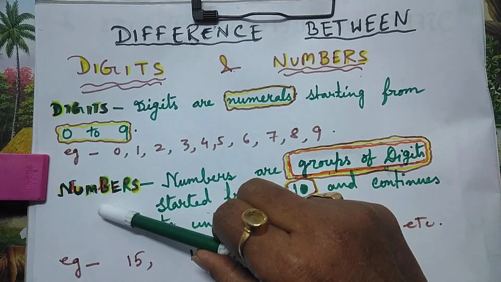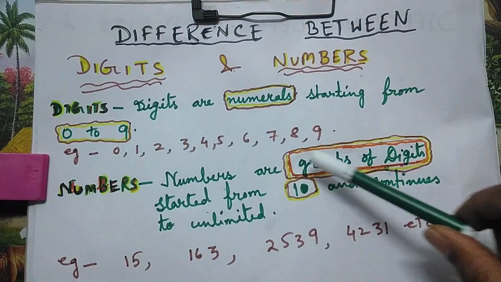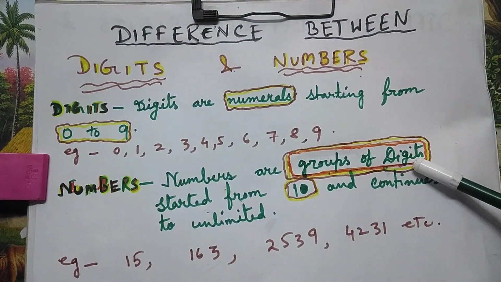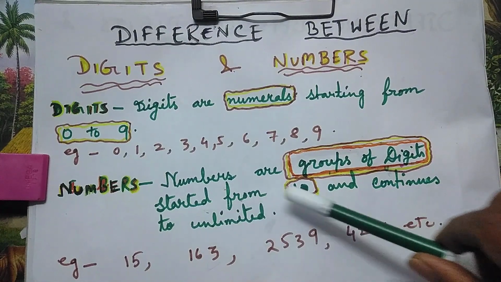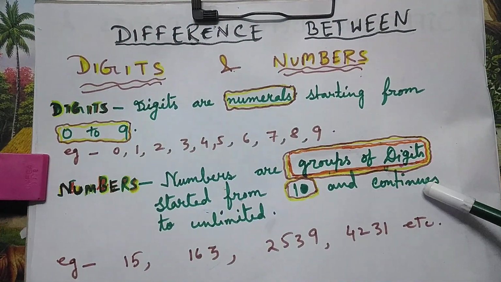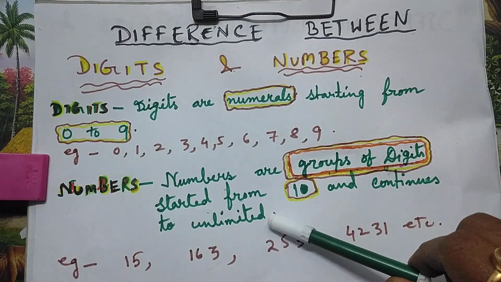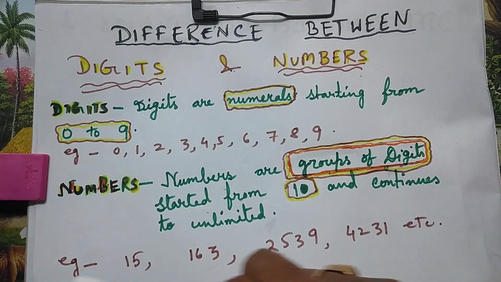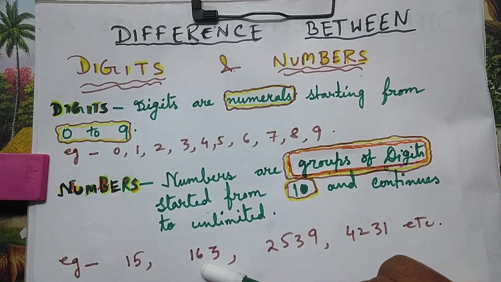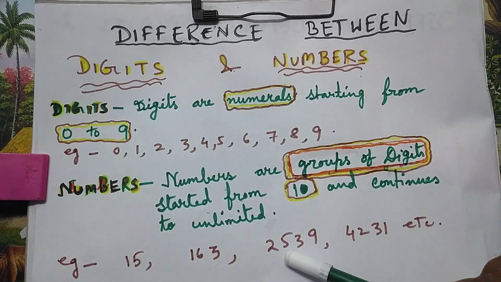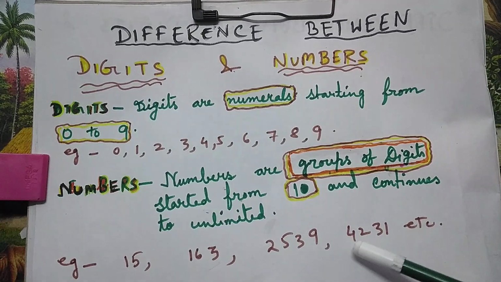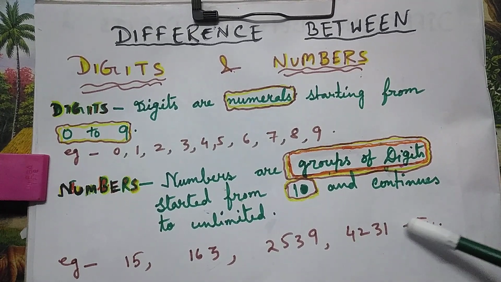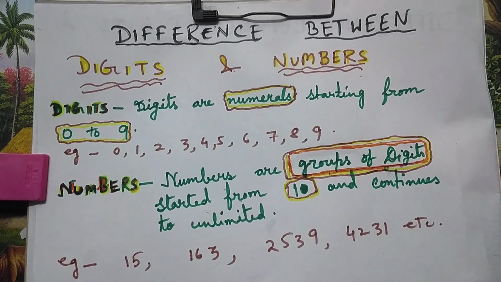And what are numbers? Numbers are groups of digits started from 10 and continues to unlimited. Examples: 15, 163, 2539, 4231, etc. etc. So children, you always remember that